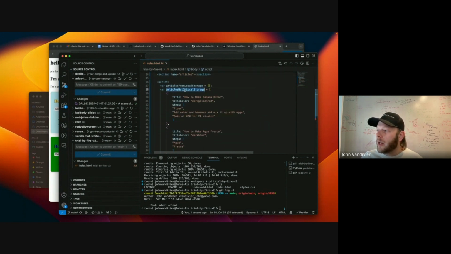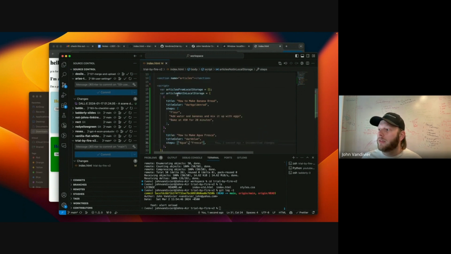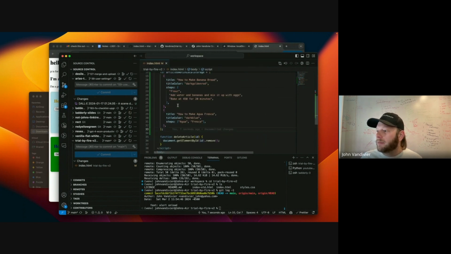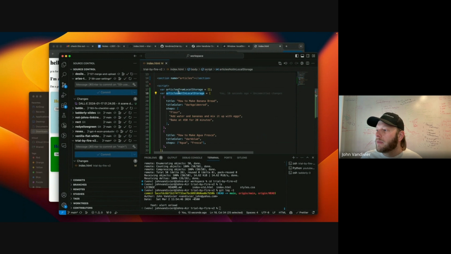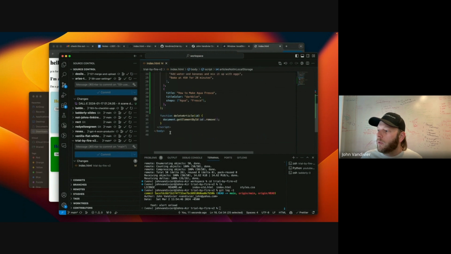And we're still not quite to local storage. What we're doing right now is the rendering step. I just ran format on this code. That's Command-Shift-P, and I can type the word format. Okay. So we're going to start with articles not in local storage. So we're not using local storage. What I want to do is function render articles. And I'm going to define some function, and I'm going to immediately invoke it. What that means is, as soon as the page loads, it's going to call the function. No one has to click anything. It just runs. Does that make sense?